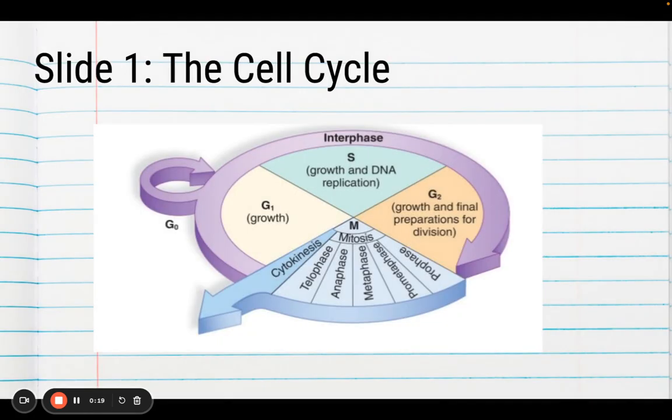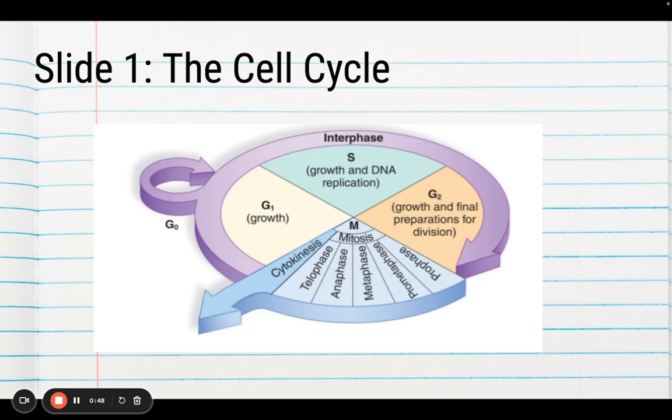Before we dive into DNA replication, I wanted to talk a little bit about the cell cycle. This image here depicts the life cycle of a cell and different important things that happen along the way. You can imagine that the birth of a cell happens right here in G1. The cell spends most of its life in this first stage we call interphase. Interphase is broken down into 3 separate parts.